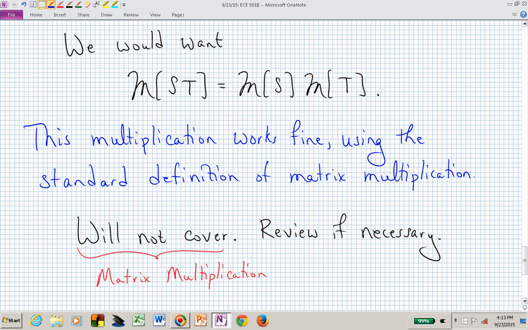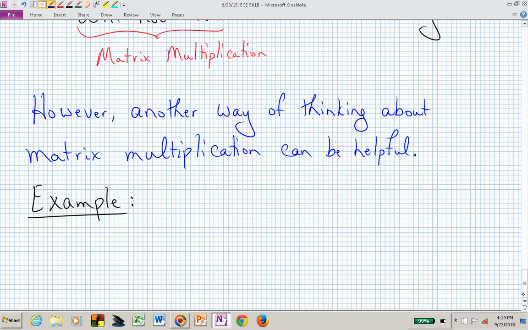You'll be pleased to know that we're not going to talk about matrix multiplication in the normal way. Row times column, row times column. I think you know that. I'm assuming that you can review that if you need to. What I want to do, though, is think about matrix multiplication in a different way